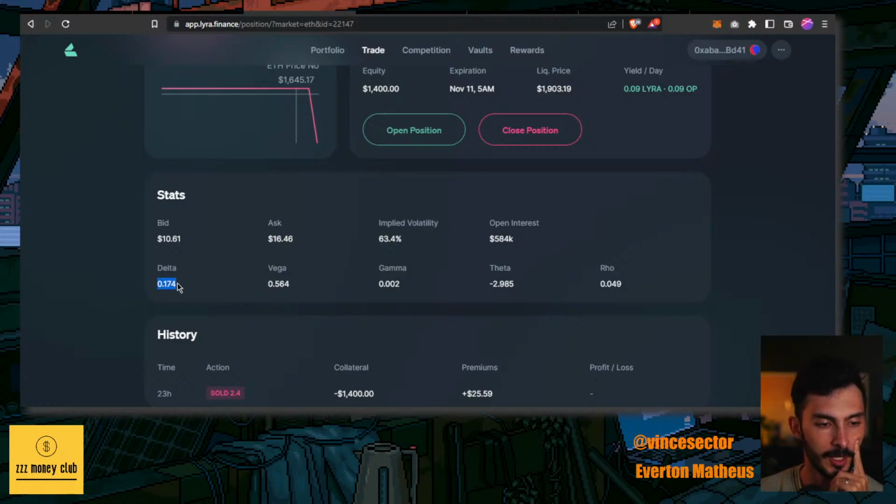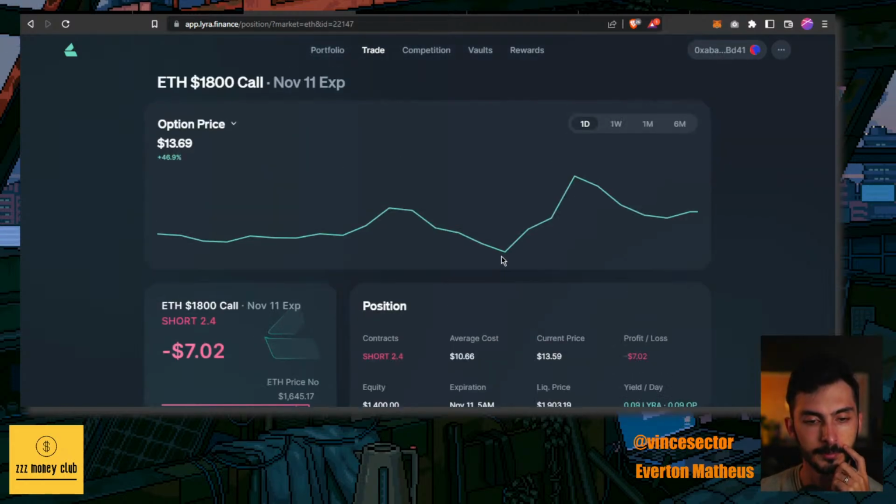Delta is looking good. As I said, I usually don't go above 20-ish, 23-ish, especially right now. It's a little bit too risky. We don't know the markets. The markets are a little bit wobbly in both ways. So yeah, if you guys have any questions before we jump out, this was just going to be a very quick